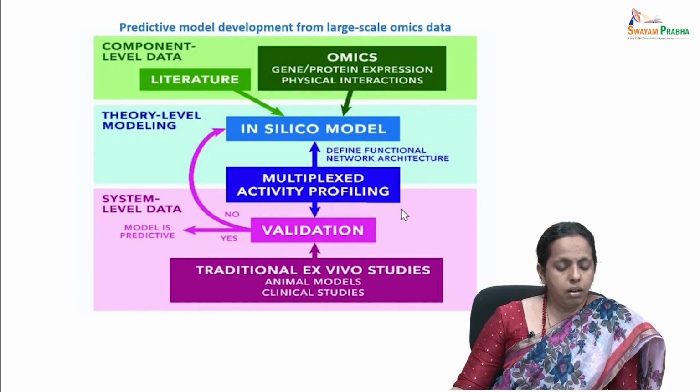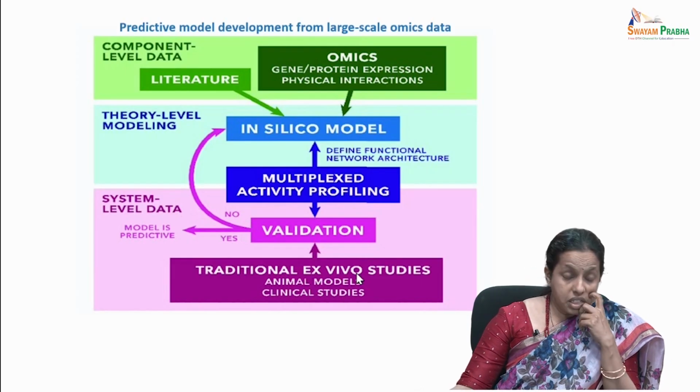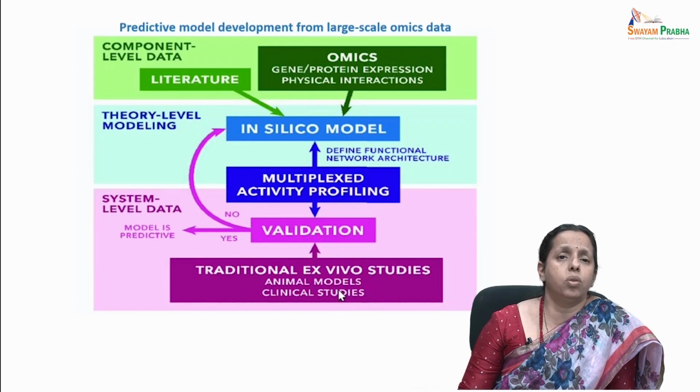Then you have an in silico model to define a functional network architecture and multiplexed activity profiling, which is then validated. You have component-level data, theory-level modeling, and system-level data. Very importantly, it has to go through animal models and